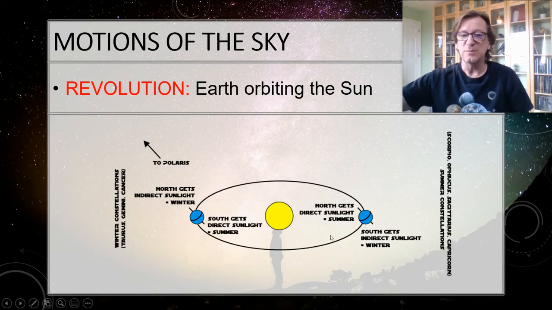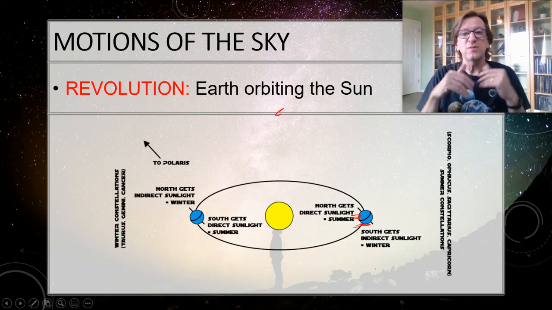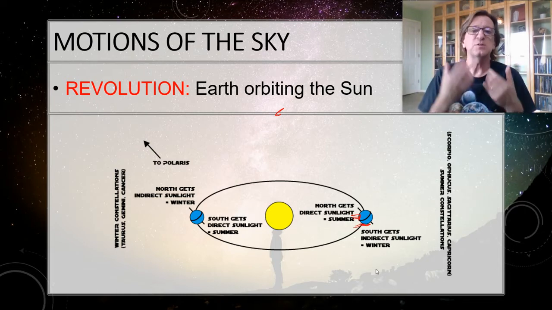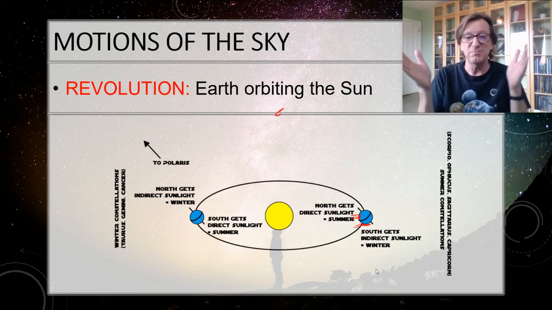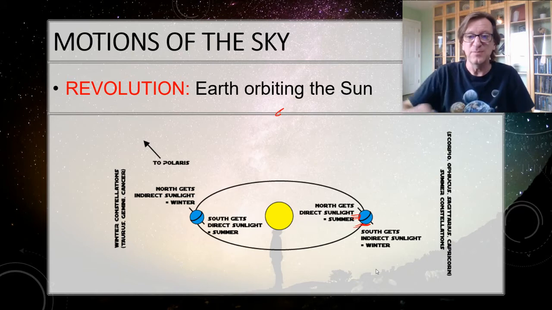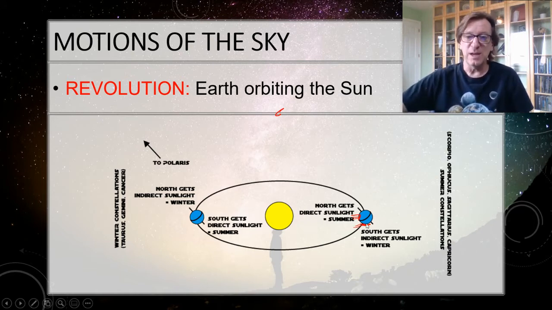Can you visualize that? I'm going to try to draw that with my pen here. So here, it's all going to be concentrated, whereas here, it's going to get spread out. And so instead of having all the energy concentrated in that one little area, it's spread out over a much larger area. That means each part of the Earth gets less energy, and so it's going to be colder. So this is why it's warmer in the summer, because we've got direct concentrated sunlight. And then in the wintertime, it's spread out.